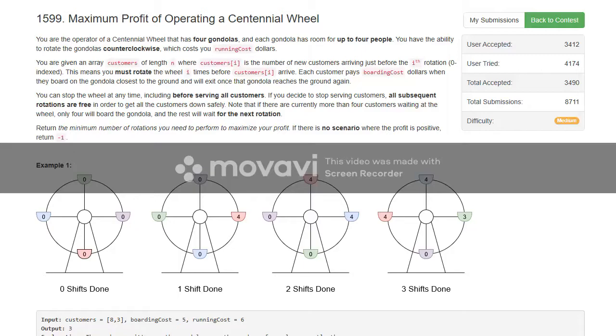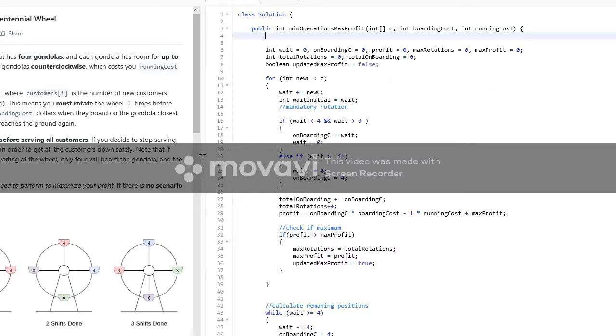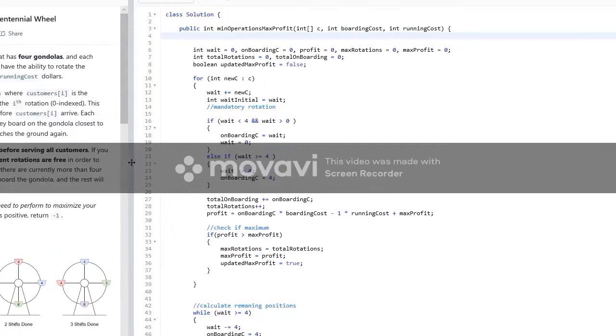Another thing that is told here is that you can stop before serving all the customers. My solution is not perfect. It is a greedy solution, and it is not code optimized, because I had already wasted a lot of time on this question with another approach because I misunderstood the question.